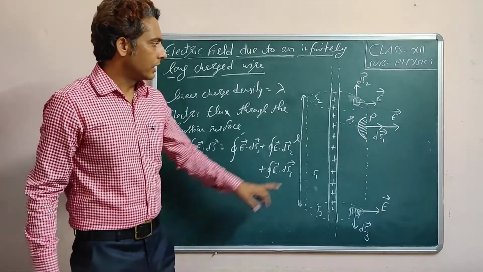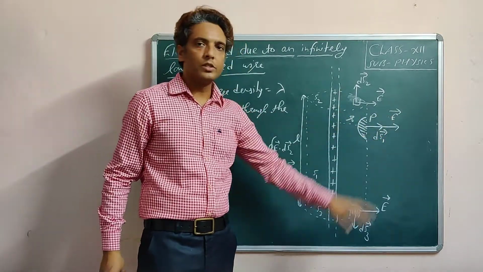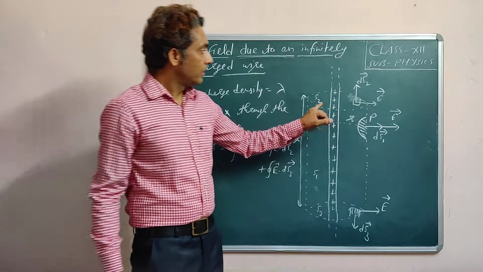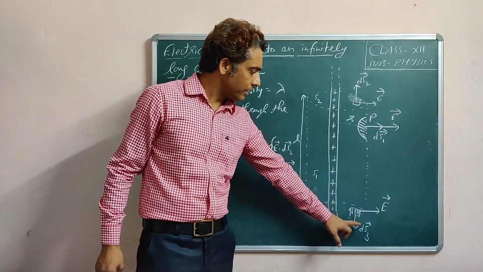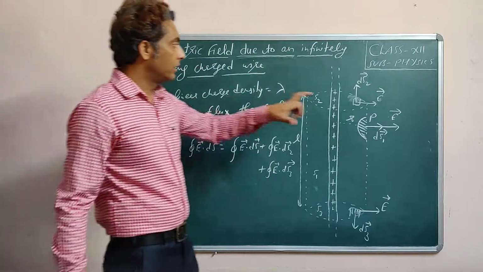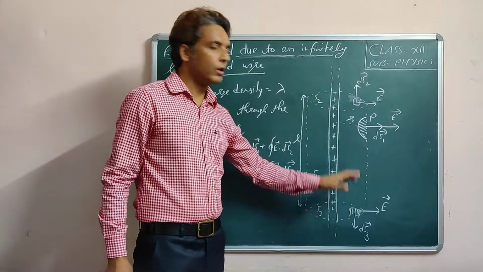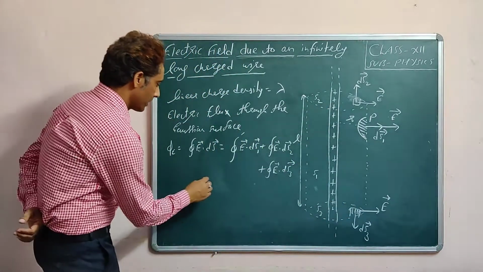Now you can see in case of surface S1, the angle between E and ds1 is 0. But in case of surface S2 and S3, the angle between electric field and this area vector is 90. So means these two surfaces, they will not contribute to electric flux. So we can write here